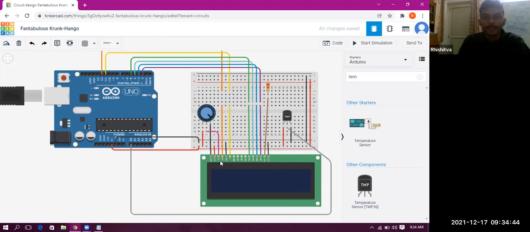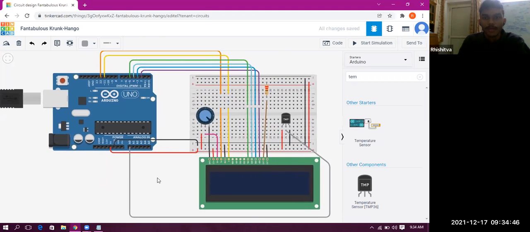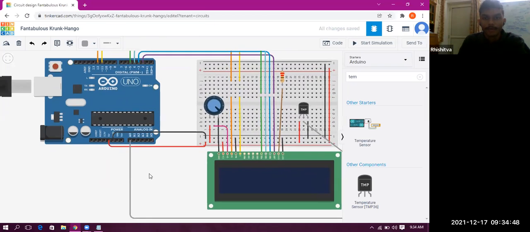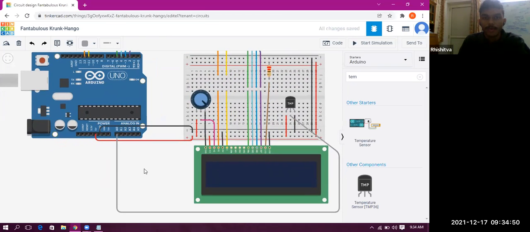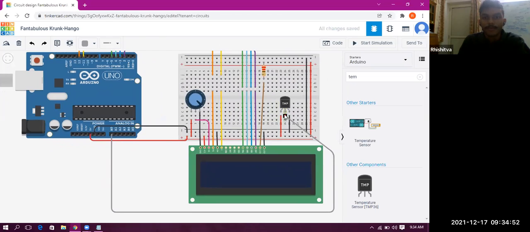You just have to connect the temperature sensor. So what you do is you take the screenshot of the circuitry, then we will move on to the coding part. You just have to remember that it will be connected to the analog pin, that is A0. According to your coding, you may change the pin also. So we'll see how. And then there is positive and negative, that is the ground.